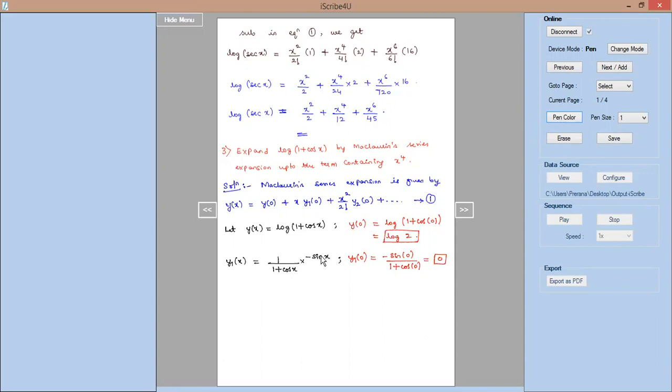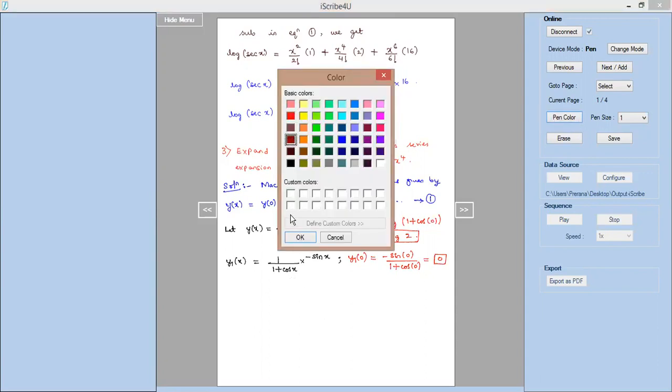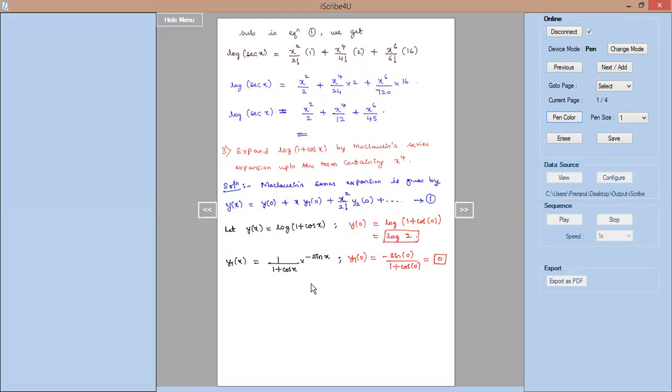First, I will write down the numerator and the denominator using the half angle formula. I will write down sin x as 2 sin x by 2 into cos x by 2, and we will write down 1 plus cos x as 2 cos square x by 2, so that this simplifies to tan for us. Okay, that will be easy to do the next set of derivatives. That is the reason I'll be taking up that alternative way. The way of doing is up to our choice. You can directly differentiate and obtain the successive derivatives and obtain the answer at the point 0 for all the differentiation terms. Alternately, I am trying to represent it in a different way.